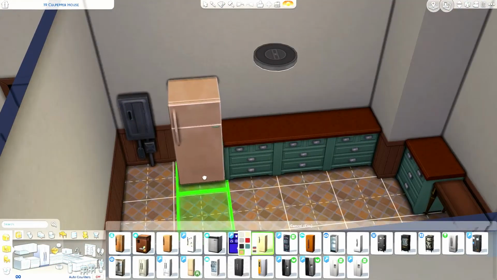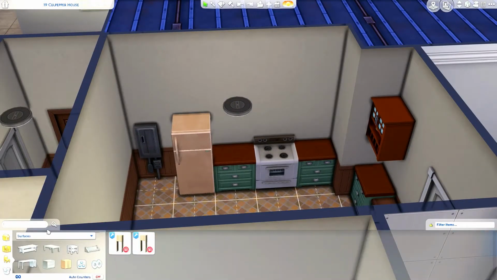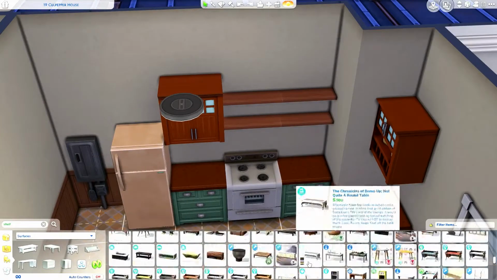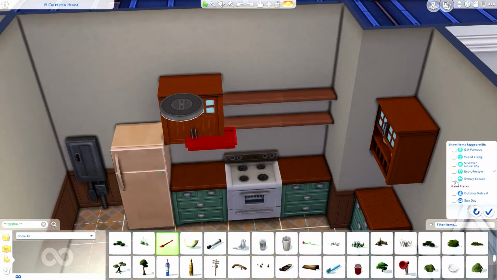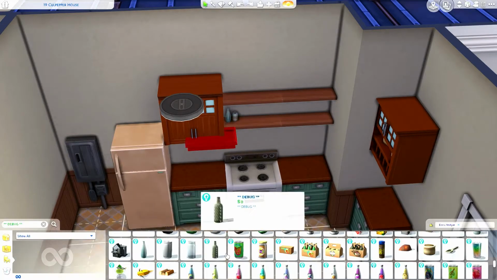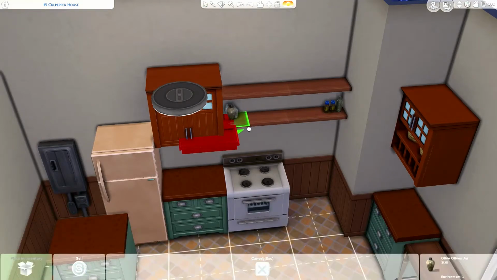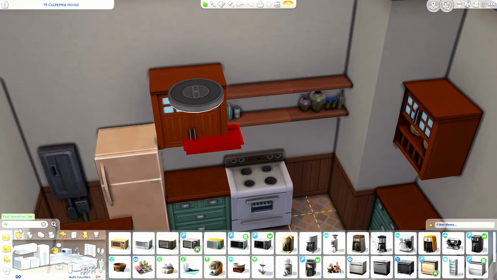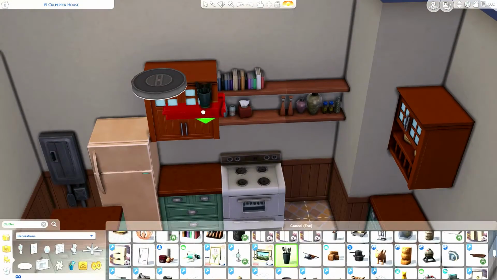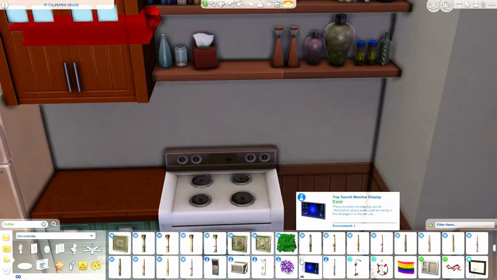So as you can see here, I'm working on the kitchen, and I decided to go with the Parenthood counters and cabinets, and I went with base game appliances. I really love this swatch of counters and cabinets. I think it looks really good with that red dark wood. I really love that swatch. And as you can see here, I'm just cluttering up the shelves with a few debug items, and I think I put a couple of base game books here, and then a base game plant or something like that. So I'm just cluttering up those shelves, and then also in the kitchen I decided to kind of fill